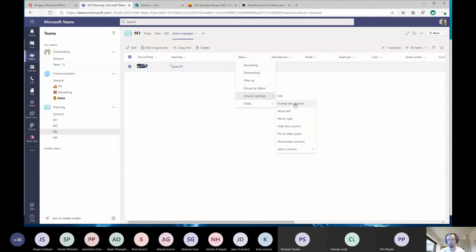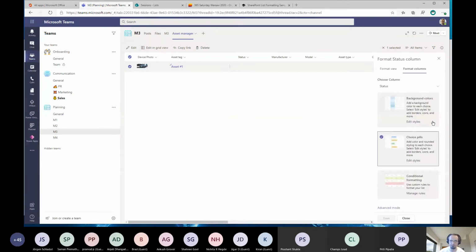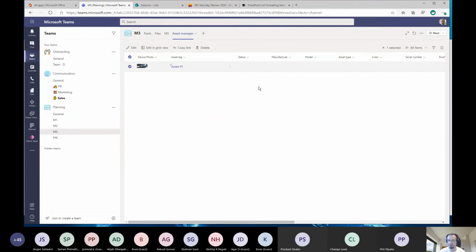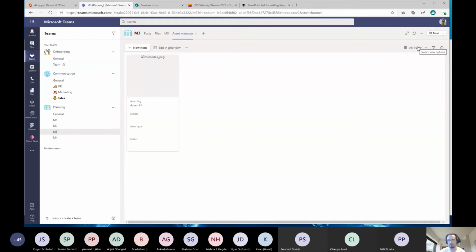And what's the same? Of course, the formatting options are the same. So you can create choice fields, formatting, conditional formatting, background colors, etc. So it works the same way. It's cool. I can switch. I have the same types of views, so list, compact, and gallery by default. So it will show my items in gallery view. I can use advanced formatting here as well.